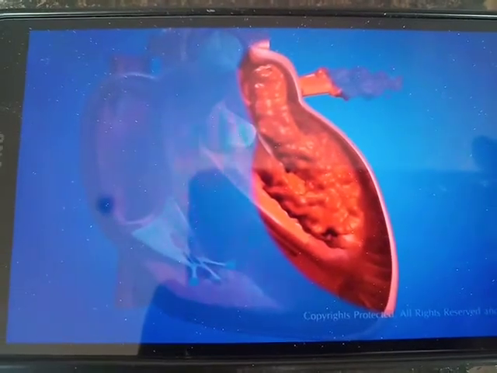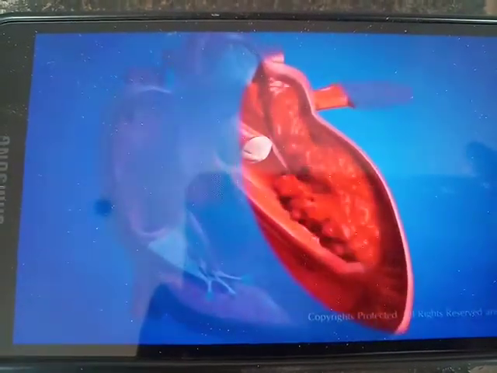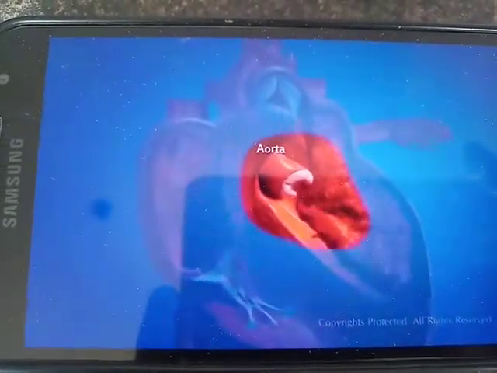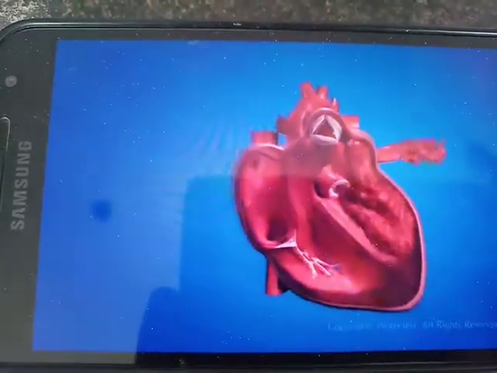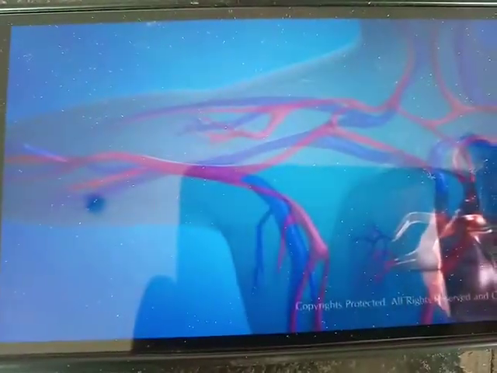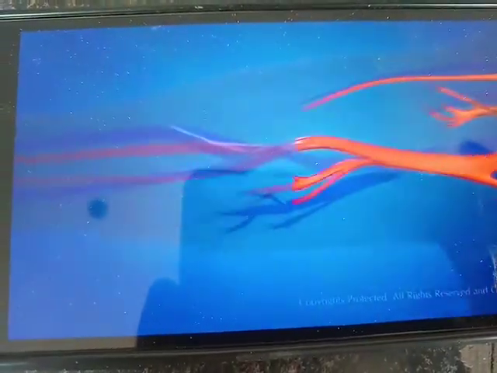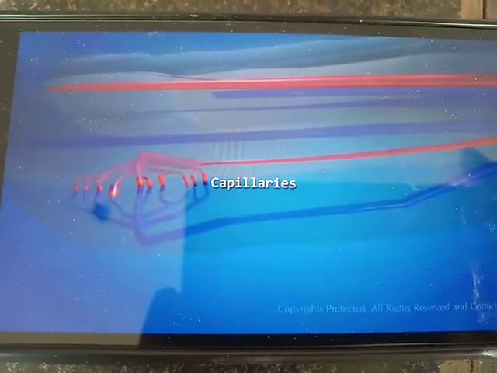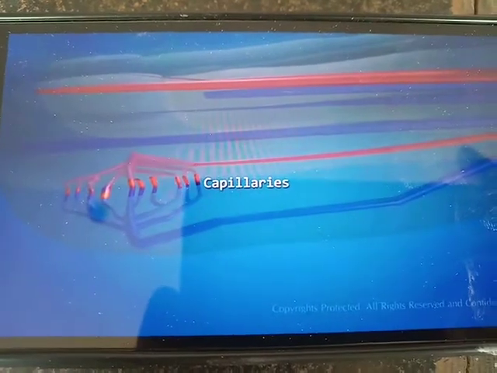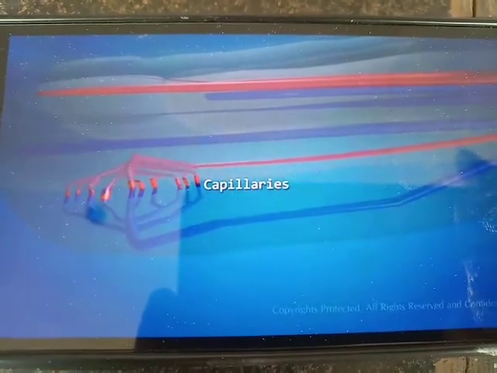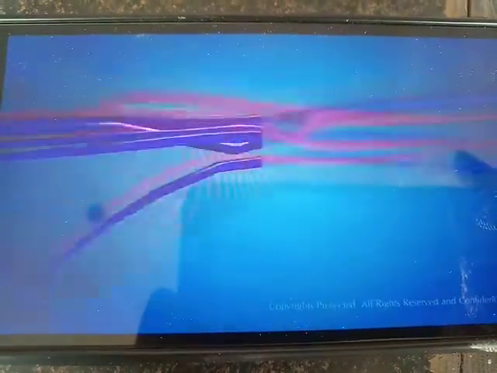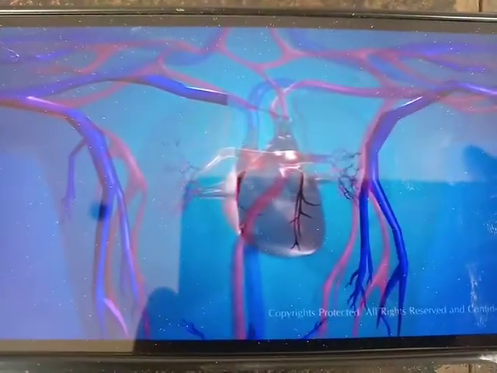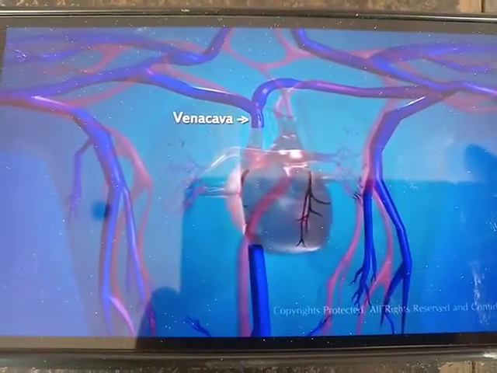Then the blood is pumped to the aorta from the left ventricle by contracting it. The aorta supplies the oxygenated, or pure, blood to each and every part and tissue of our body with the help of arteries and capillaries. At the same time, these capillaries and veins collect the deoxygenated, or impure, blood from the body and supply it to the heart through the vena cava.